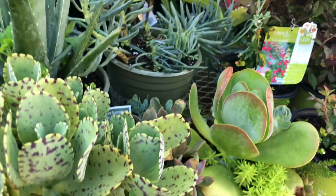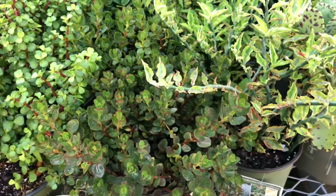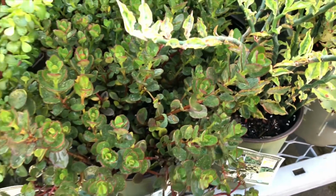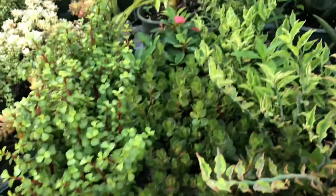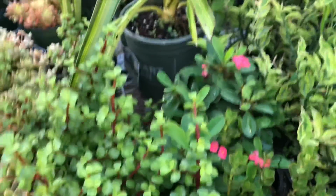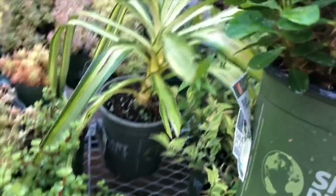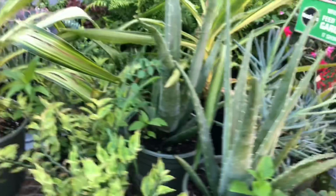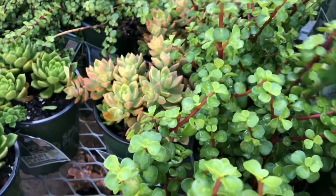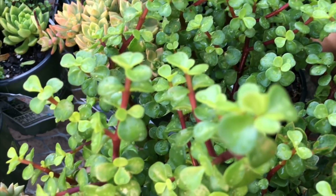Here's the big Kalanchoe, the wiper plant. This one's pretty too, very pretty. Let's see. It's the Kalanchoe Wendy. That's pretty. Kalanchoe Wendy. Ooh, this is one I don't have either, and it always flowers. And this one does super well in the heat. Very, very well. So I might think about this one too. So many plants to think about. This one is called